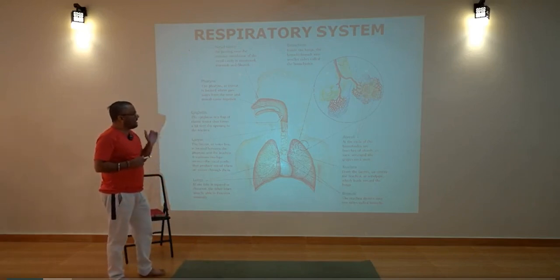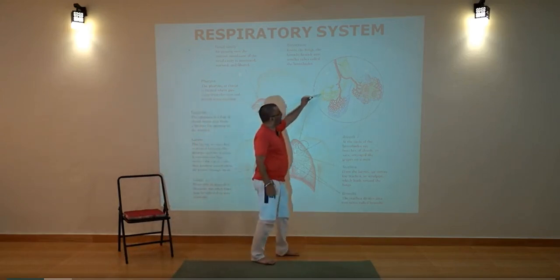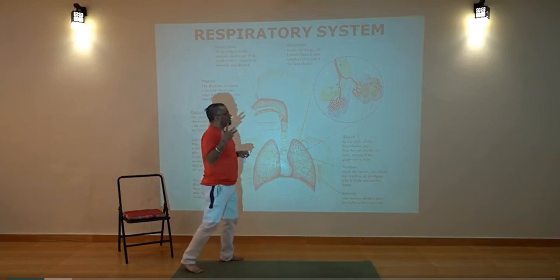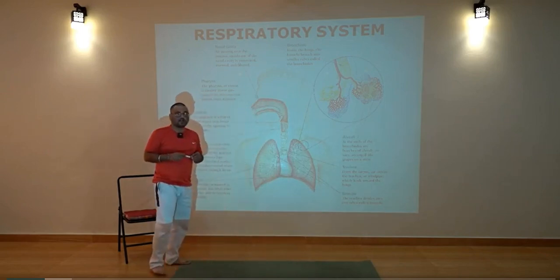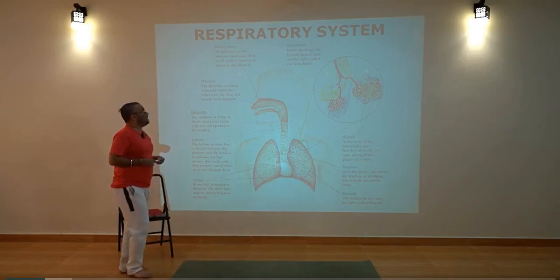Now you can see these are the healthy lungs. The bronchi are all healthy, so there is no change in color, and there is space in between your bronchioles and bronchi. Now if we come to the next slide, after the respiratory system,